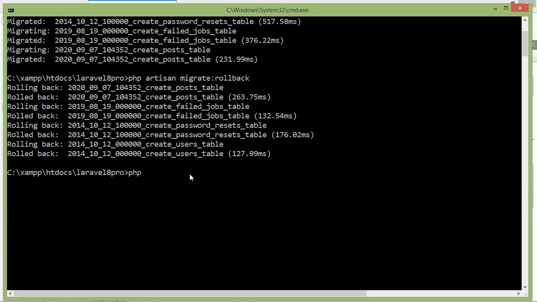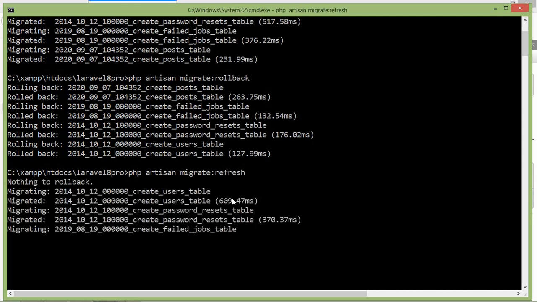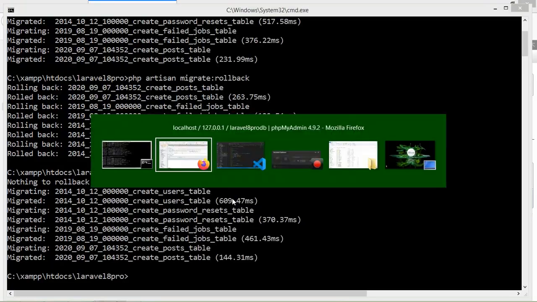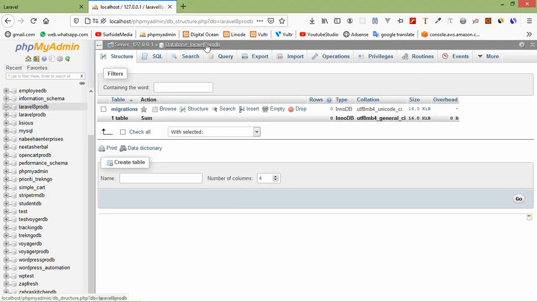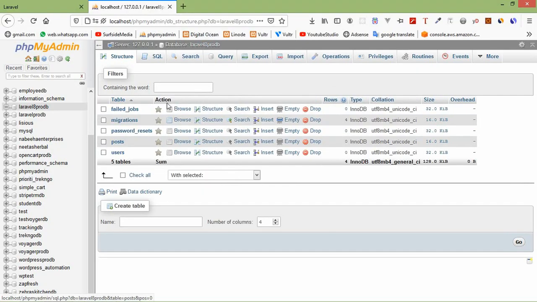So just write here php artisan migrate:refresh. Okay, now press enter. Now switch to phpMyAdmin and just refresh the database, and you can see here all tables are recreated.